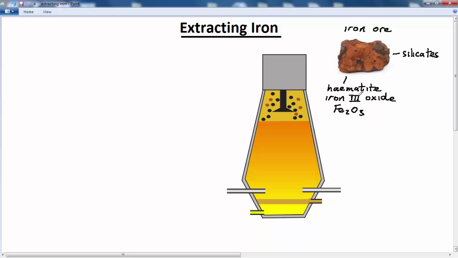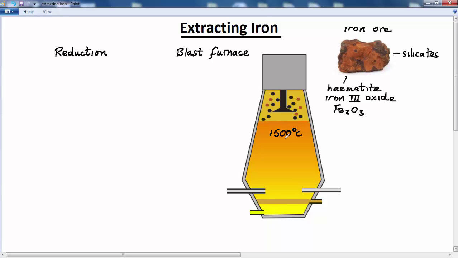And to extract the iron from the iron ore, we're going to use a process called reduction. And this is going to take place inside this blast furnace. So to carry out the reduction of iron ore, we're going to add a mixture of the iron ore itself and coke into the furnace. And the temperature of the furnace around about here is going to rise to a temperature of around about 1500